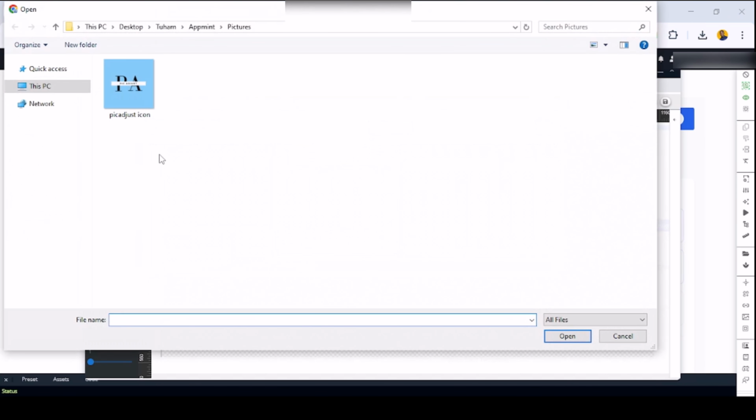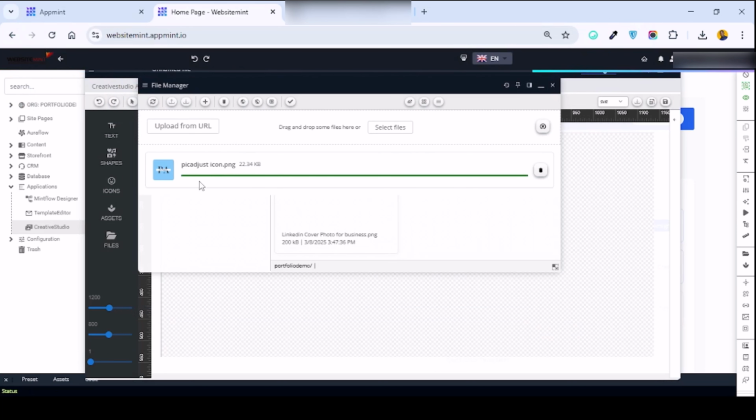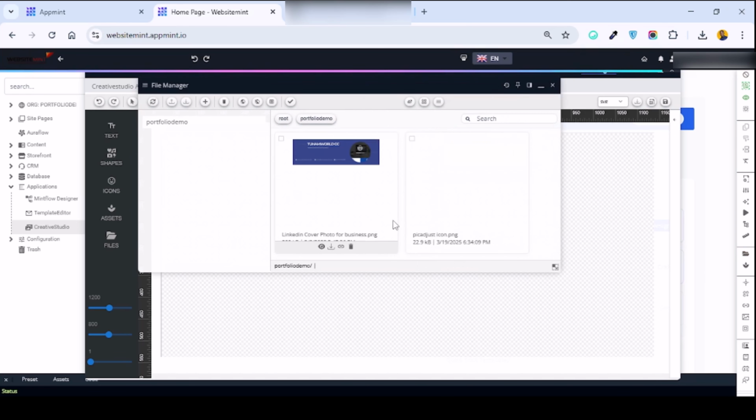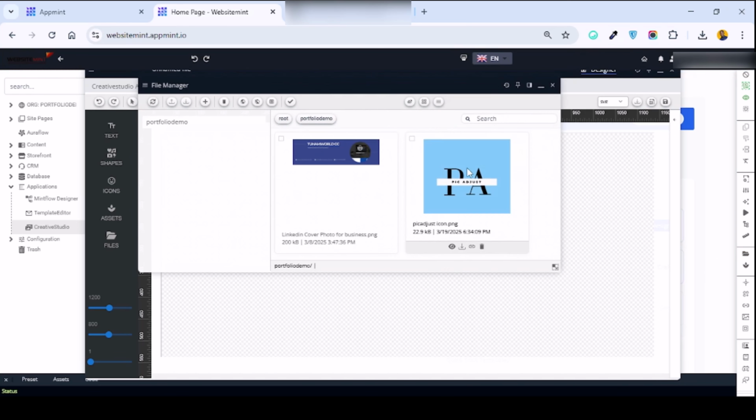When I click on select files, I have this particular picture that I want to use in my design. So I'm going to double click on it, and it's going to upload the picture in my file manager within Appmint. So if I want to use the picture later, I can easily use it. All I have to do is click on file manager, and then I'll have the picture here. Then when I click on the picture, you can see